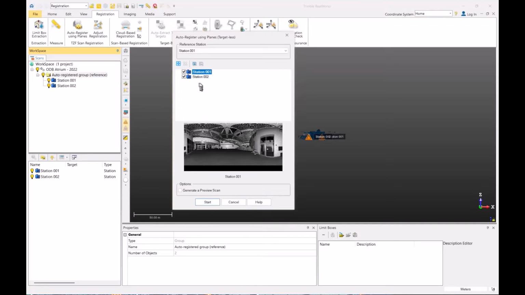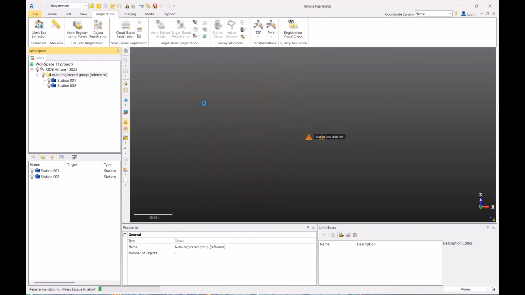So this, of course, can be quite an involved process if you have a lot of stations, and you may want to do this in parts. But nevertheless, this is how it works, and I'm going to just show it to you with 2 stations. You always want to generate a preview scan, and then I'm going to click on Start and let it crank away. And then you can see the progress down here on the bottom within a few seconds, hopefully, or a minute, if it takes a while. You will get this finished,